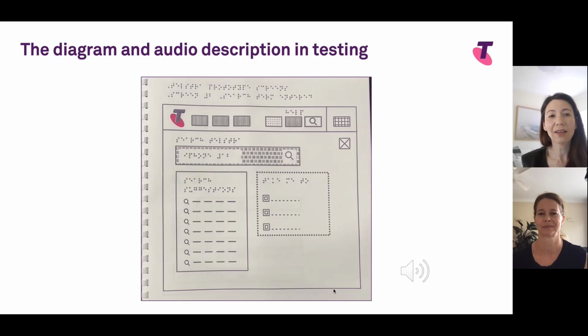So we had to figure out the best way to describe a user interface. And there are several ways to describe objects or scenes. For example, if you were describing parts of an ATM or kiosk, you might do so in a clockwise direction. Or if you were describing a landscape, you might choose to do that from the foreground right through to the background. However, when describing a page, it's best to describe it from left to right, top to bottom, similar to how a person might read a page of text or Braille.